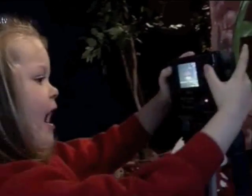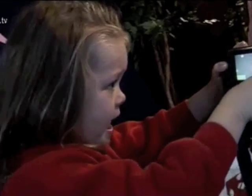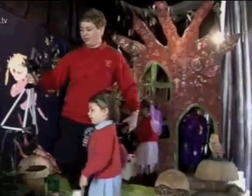Hey, I got one here. Get one. Yeah? Abby, give me a foot like this. Bring them across to the wishing well because we're going to make...